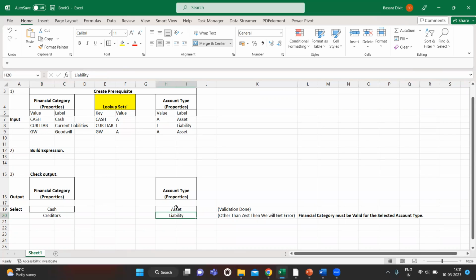And if we add creditors in the financial category and then link it with the account type, we have to manually link it. So when we link it with the account type, it should be liability only. And if I take asset for the creditors, it will give an error,